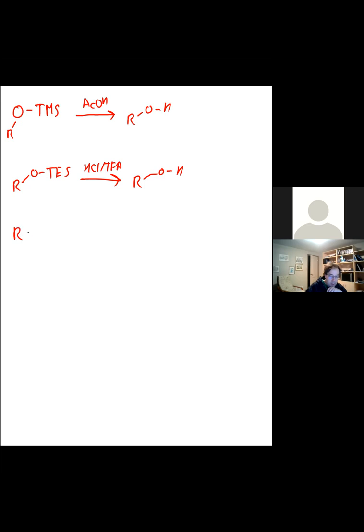For the TBDMS, you're looking at some of the stronger acids generally. And for TIPS, if you want to take it off with acid, you're using concentrated HCl. Now, the problem, of course, with concentrated HCl is it's concentrated HCl, so it's probably going to damage the rest